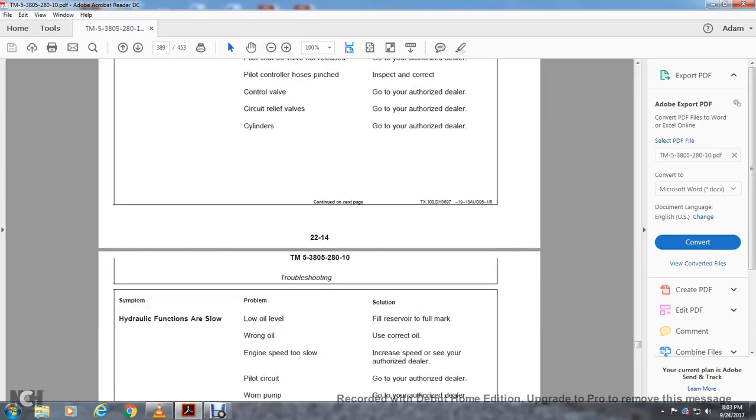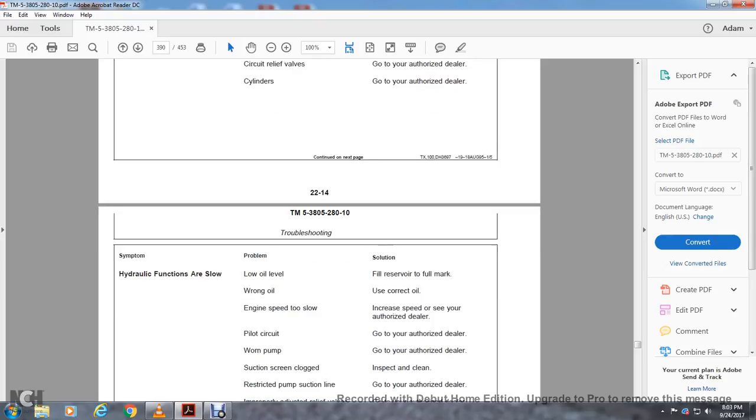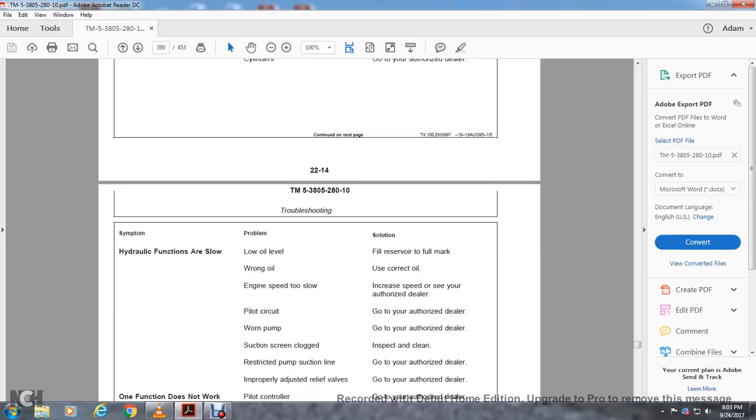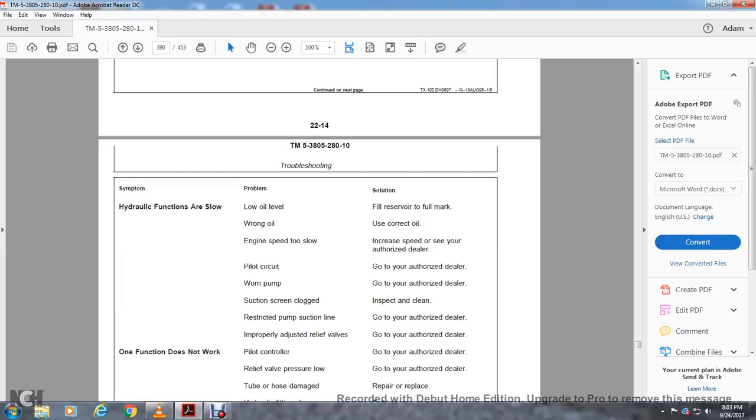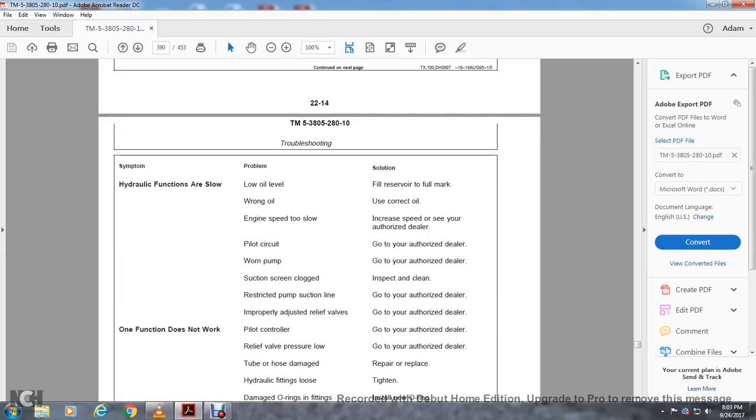Hydraulic functions are slow. Low oil: fill to the full mark. Wrong oil: use the correct oil. Engine speed too low: increase speed to the correct setting. Pilot circuit, go to your authorized dealer. Worn pump, go to the authorized dealer. Suction screen clogged: inspect and clean. Restricted pump suction line, go to the authorized dealer. Improperly adjusted relief valve, go to the authorized dealer. One function does not work: pilot control, go to the authorized dealer. Relief valve pressure low, go to the authorized dealer. Tubular hose damaged: repair or replace. Hydraulic fitting loose: tighten. Damaged O-rings